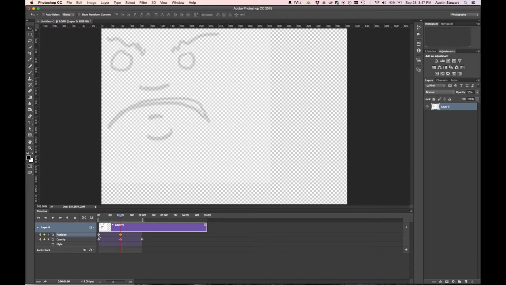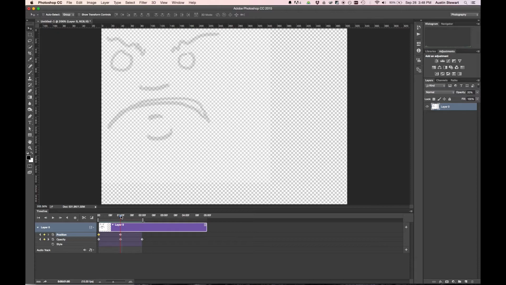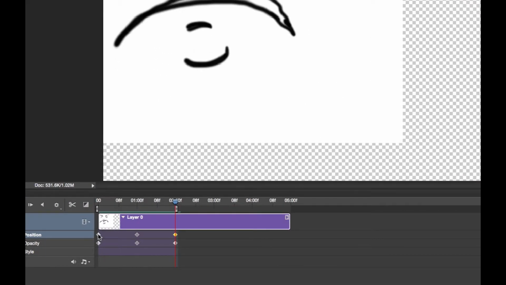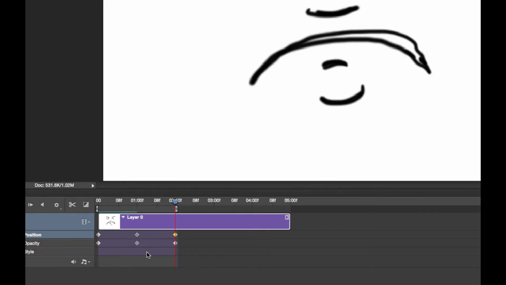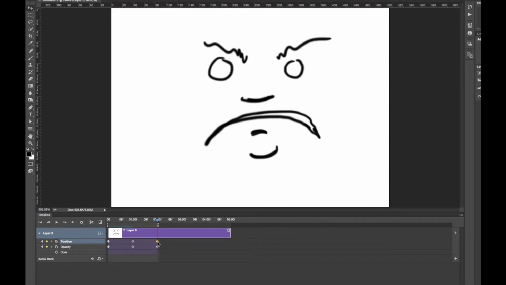the animation. Something else you can do, say you have all of your settings on this keyframe that you like, and you want the face to return to that keyframe or to those settings by the end of this video. What you can do is you can pull your playhead over, create a keyframe, and then zoom in, click on your first keyframe, right click, copy it, click on this final keyframe and paste it. And so what that will do is it'll take your position from this keyframe and copy it to this other